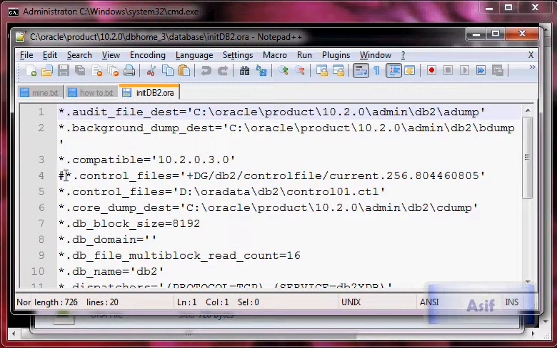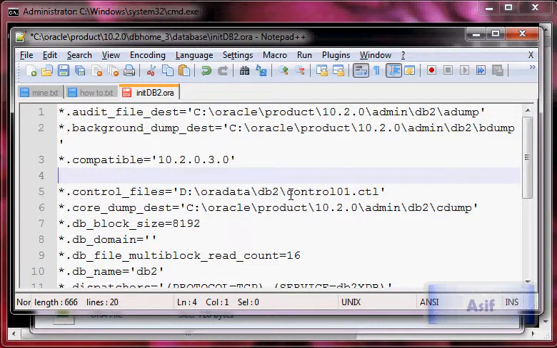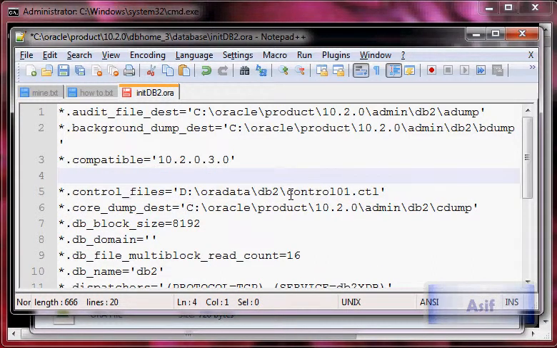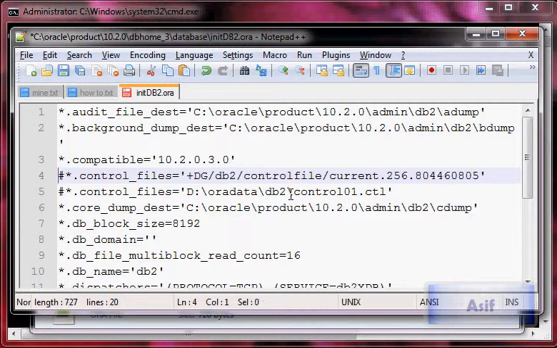Here I have got a parameter which is saying that this database has got one control file whose location is this one, and I am going to convert it and make it comments. Then I'm going to add this value, this parameter, into this parameter.